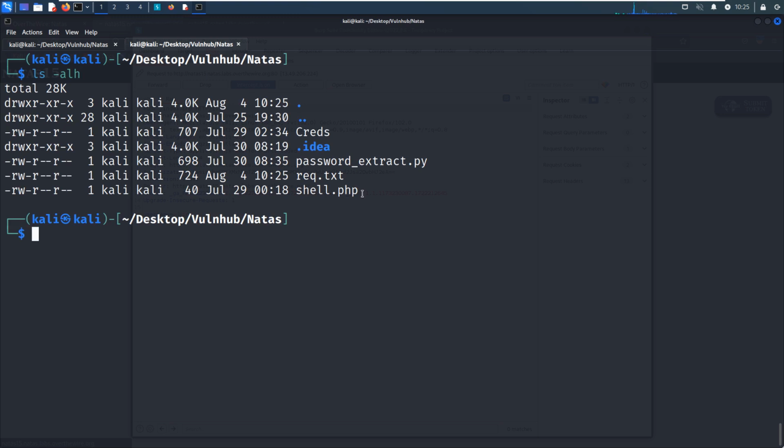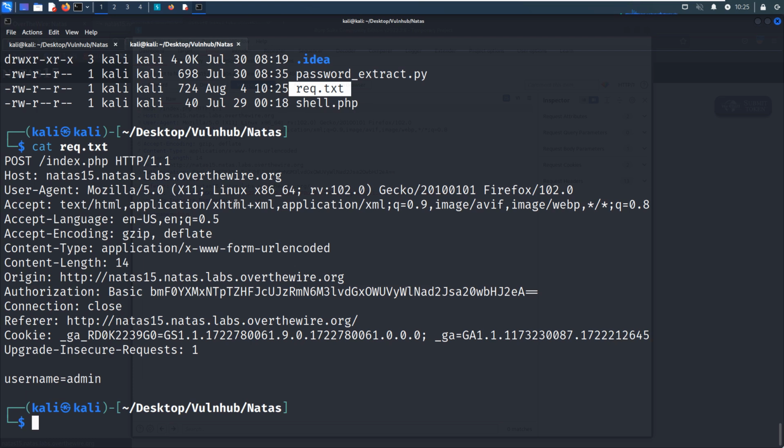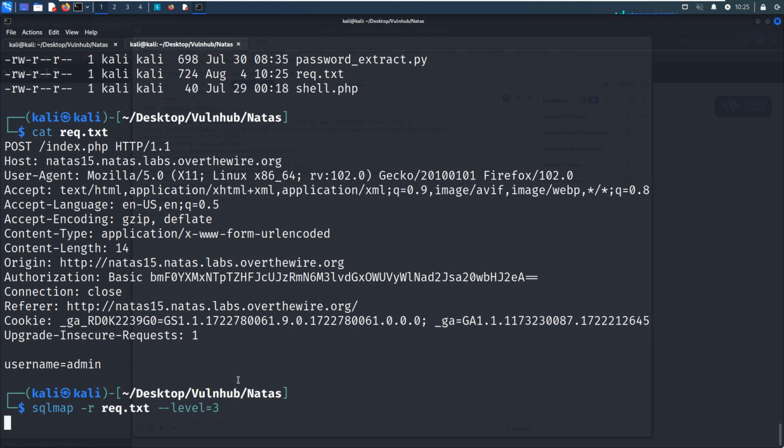As you can see, this request is the same as what we have already seen in Burp Suite. Next we can use sqlmap with the option -r to specify the request file, and also the level can be set to 3.